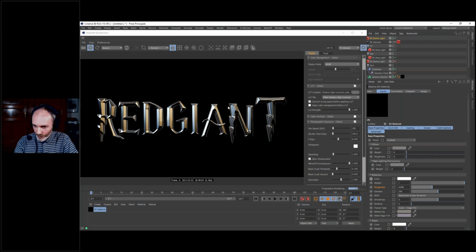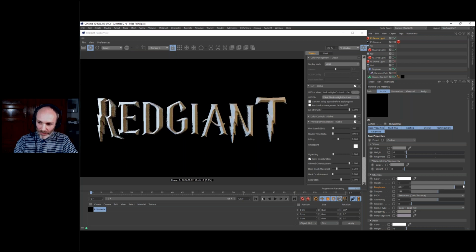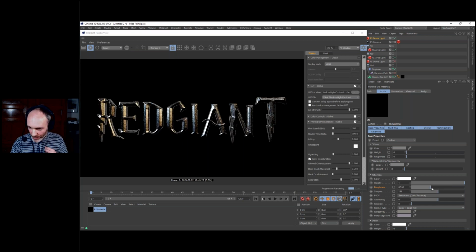If I go too far, we'll have a diffuse material, almost the same result as you have here with the diffuse. So obviously you don't want to go that far, and by default for the metal it's 0.4, and I guess I'll go back to 0.3, which has an interesting result. Okay, so now let's go inside our material. So I'm going to double click.